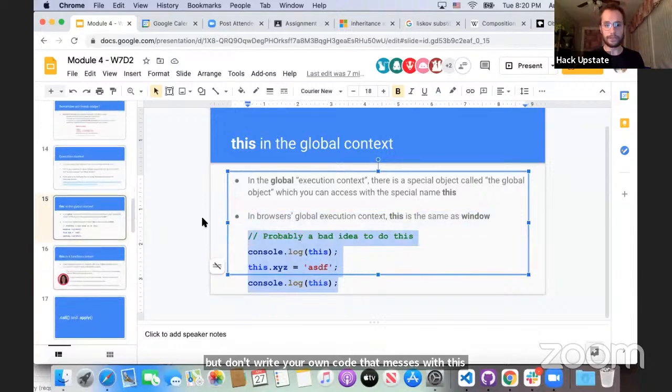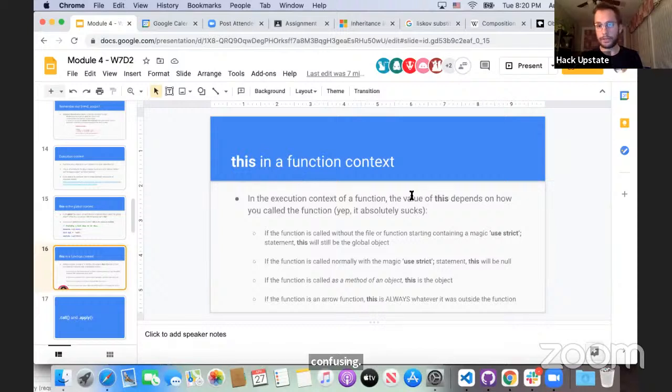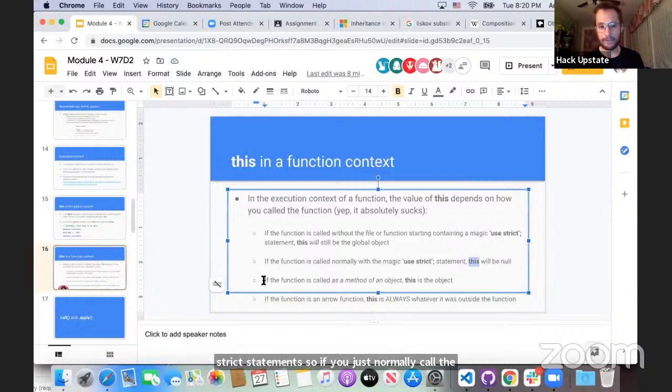When you're in the execution context of a function, the value of this depends on how you called the function. It absolutely sucks. Good luck. If the function is called without the file or function starting with the magic use strict thing, this will still be the global object. If the function is called normally with the magic use strict statement, this will be null. If the function is called as a method of an object,